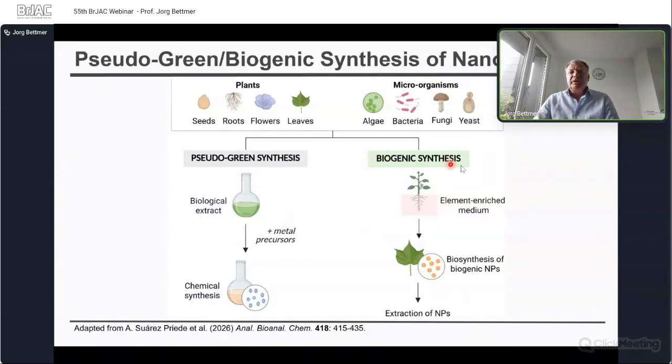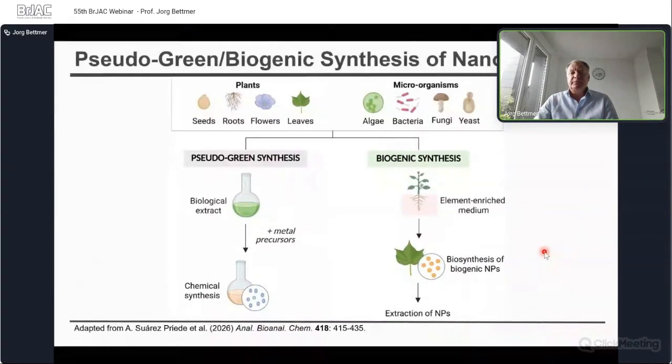The real biogenic synthesis is based on living organisms. So in this case, we take a living algae, bacteria, fungi, or yeast, for example. We put it into contact with the precursor again, and then the biosynthesis and the generation of these nanoparticles is